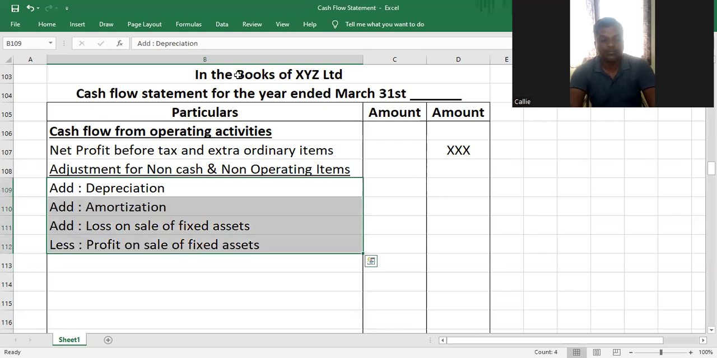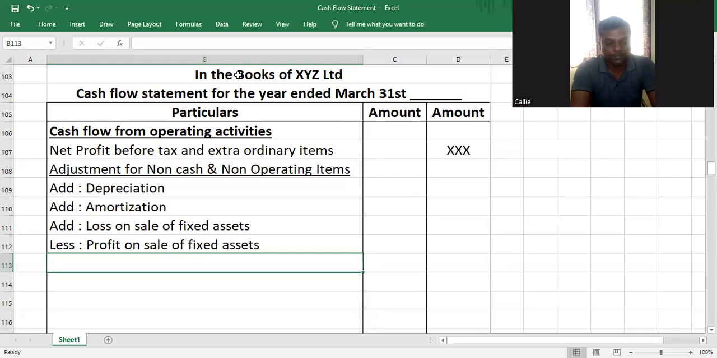The first four items of the adjustment for non-cash and non-operating activity items are related to fixed assets. So the moment you say non-cash, the first thing that should come to your mind is the most famous non-cash item, which is depreciation. You add depreciation. And then the related depreciation for intangible asset is amortization. You add amortization. Then something related to fixed asset is loss and profit on sale of fixed assets. Loss you add back, profit you subtract. And then you have